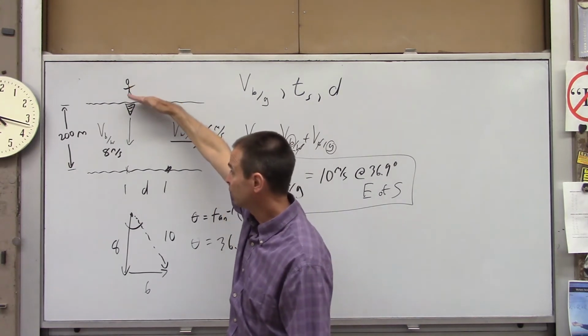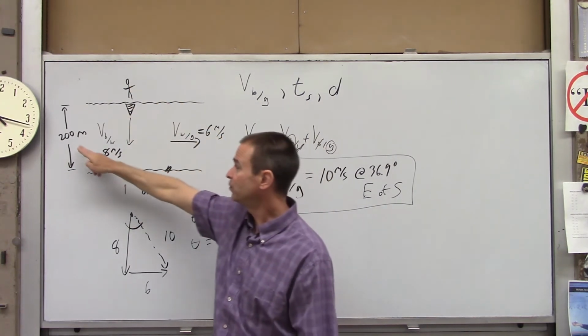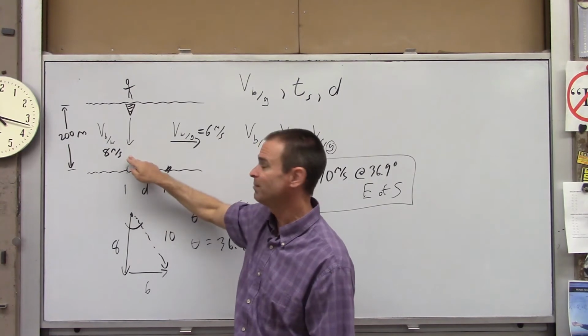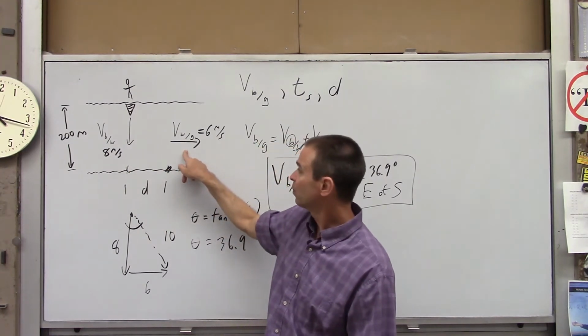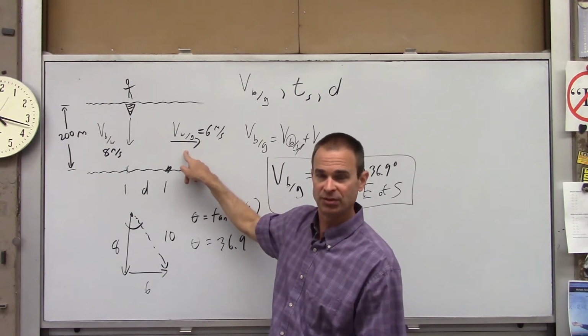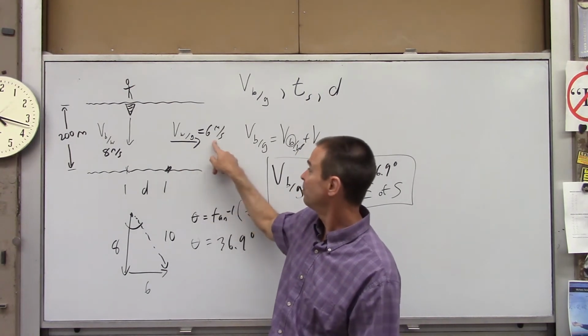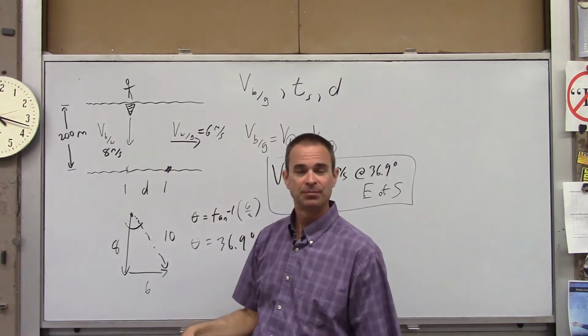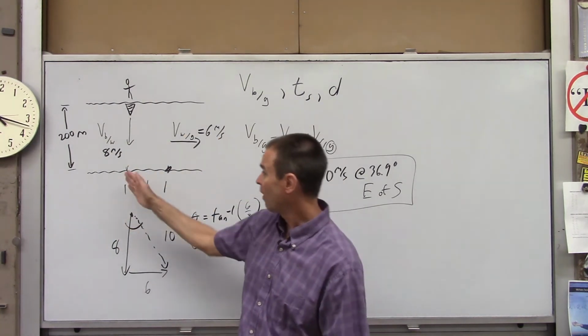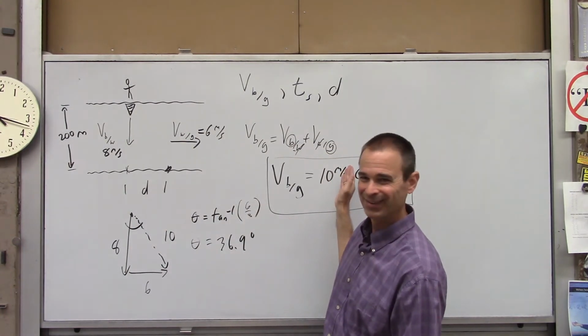All that matters is what's going on south. He moves 200 meters south at a pace of 8 meters per second south. That's going to give us our time. The velocity of the river is actually irrelevant to the time it takes to cross. This could be 1,000, and he's still going to take the same amount of time to cross. The only difference will be that when he crosses, he would end up way over here somewhere, but the time